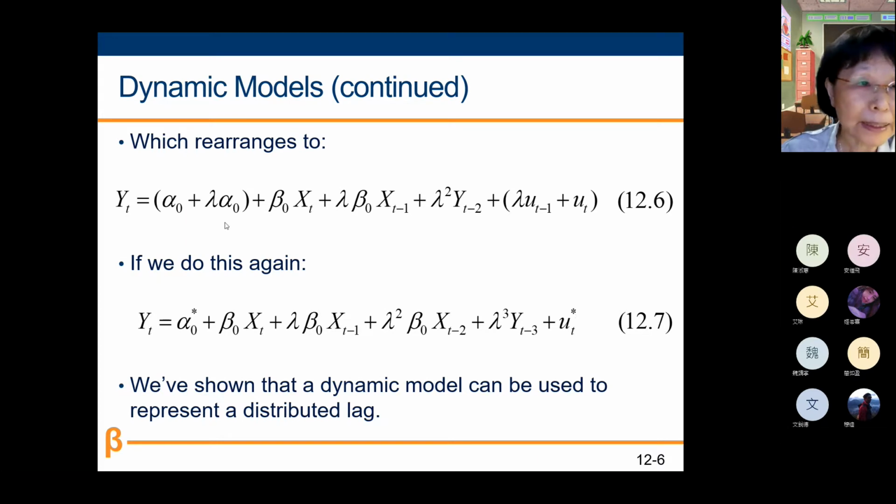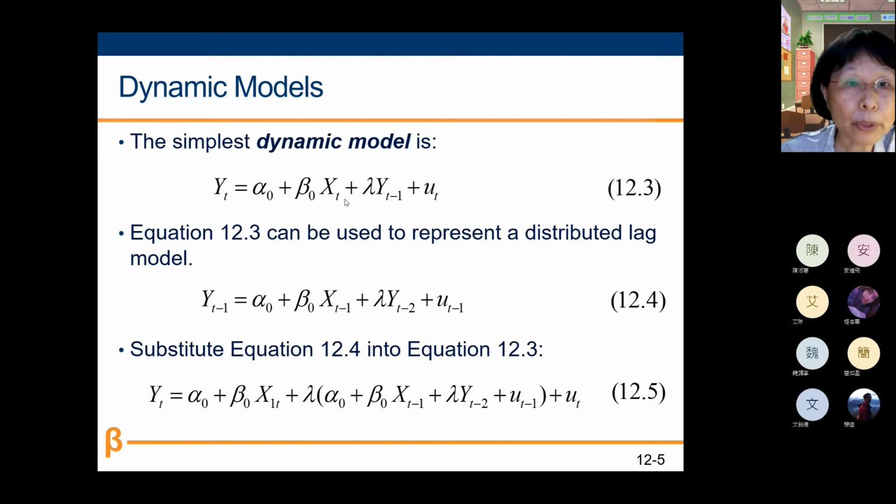Okay, 12.7 is just exactly what we have in 12.6, but using these whole parts and denoted as alpha 0 star, and these whole parts as ut star. So in other words, with the original 12.3, the simple dynamic model can be